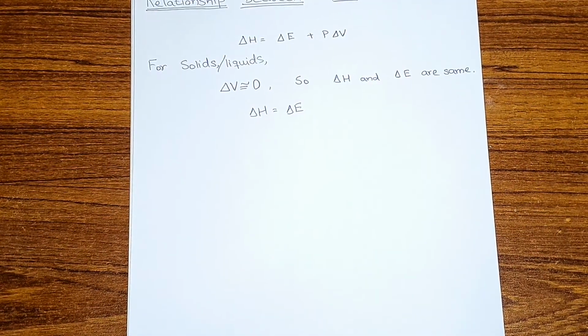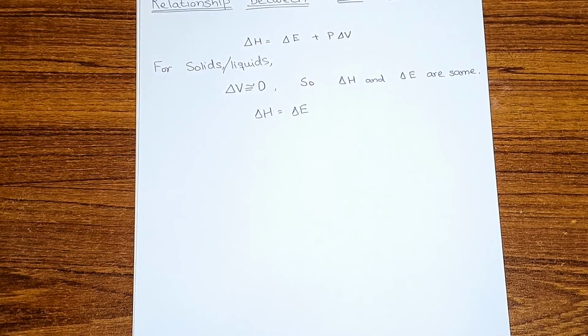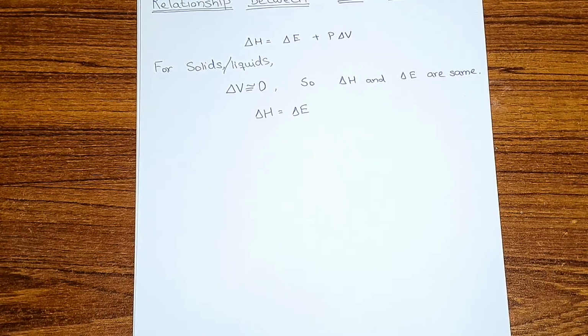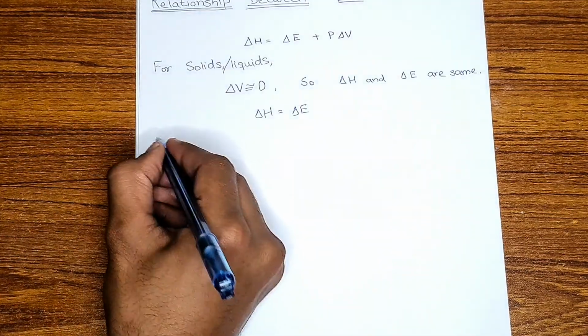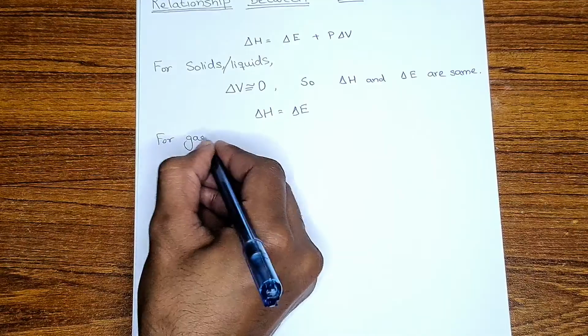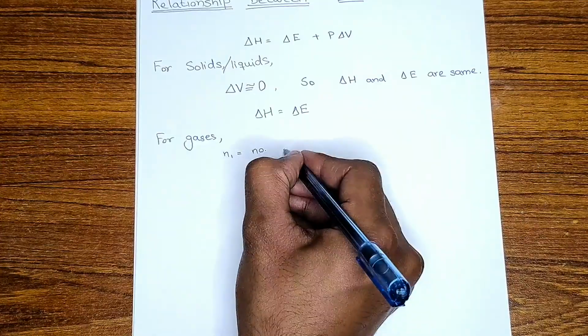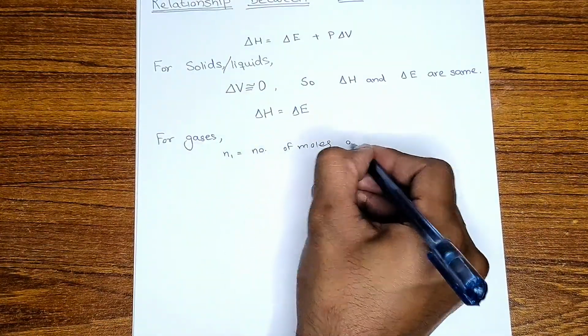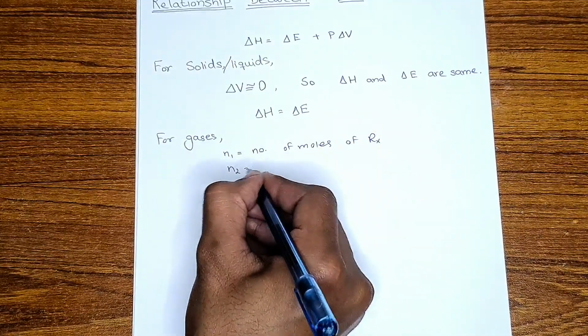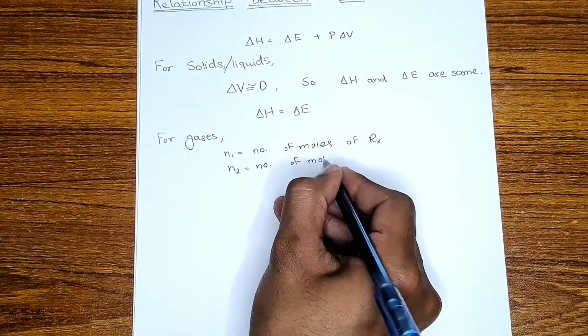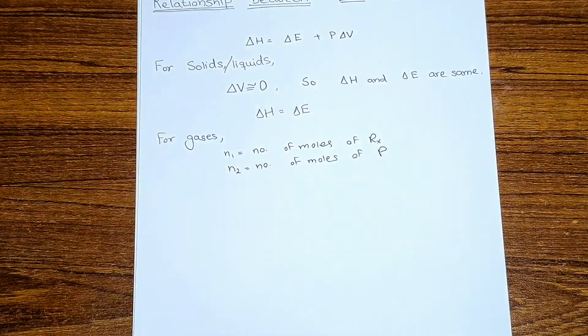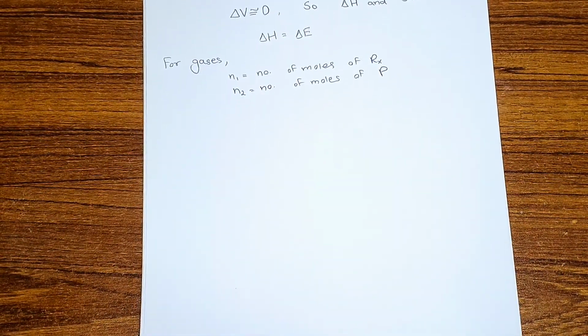However, when we talk about the gases, in case of the gaseous reactants and products, delta H and delta E are quite different. So for a reaction involving the gases, let's say N1 is the number of moles of reactants, N2 is the number of moles of products. So now, according to the general gas equation, the ideal gas equation is given by